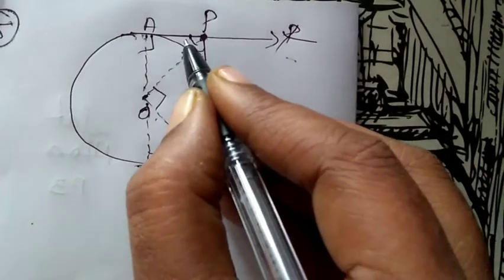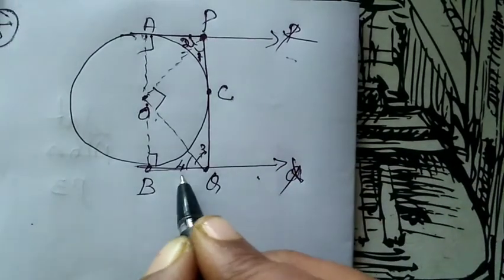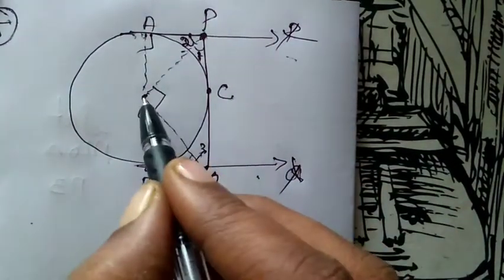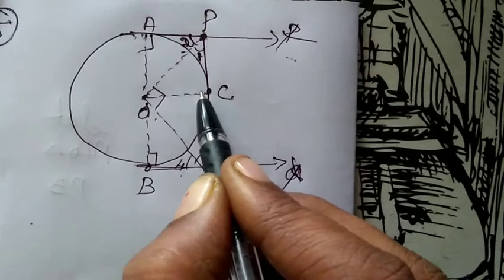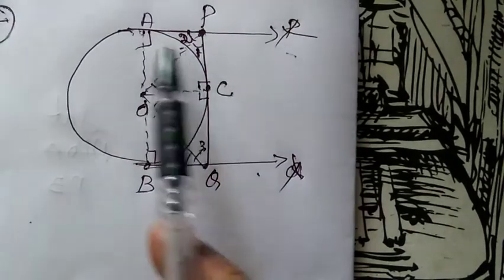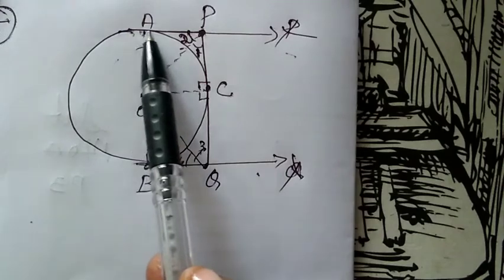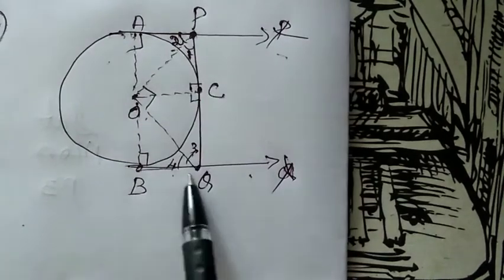So we have angle 1, angle 2, angle 3, angle 4. And now OC is also radius, so this is also 90 degree. So from the given information, we have drawn a circle and the two parallel tangents AP and BQ we